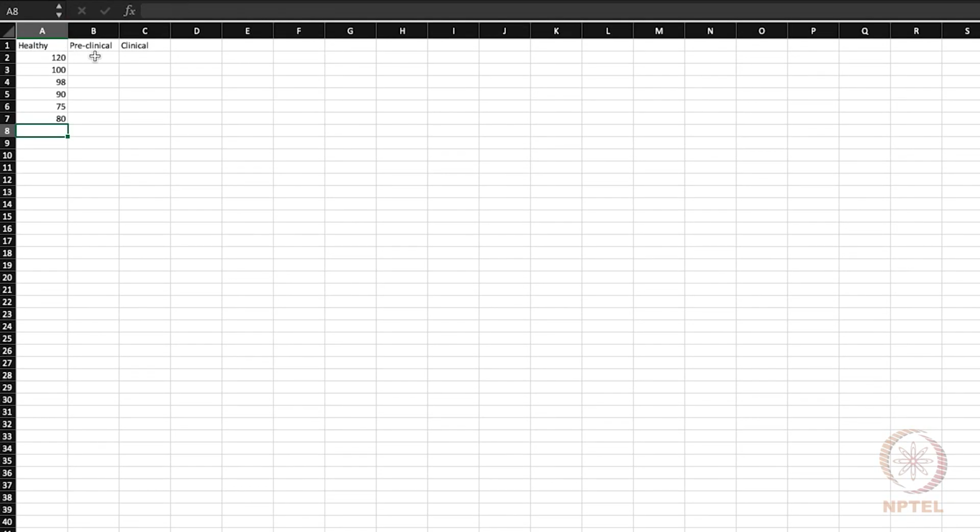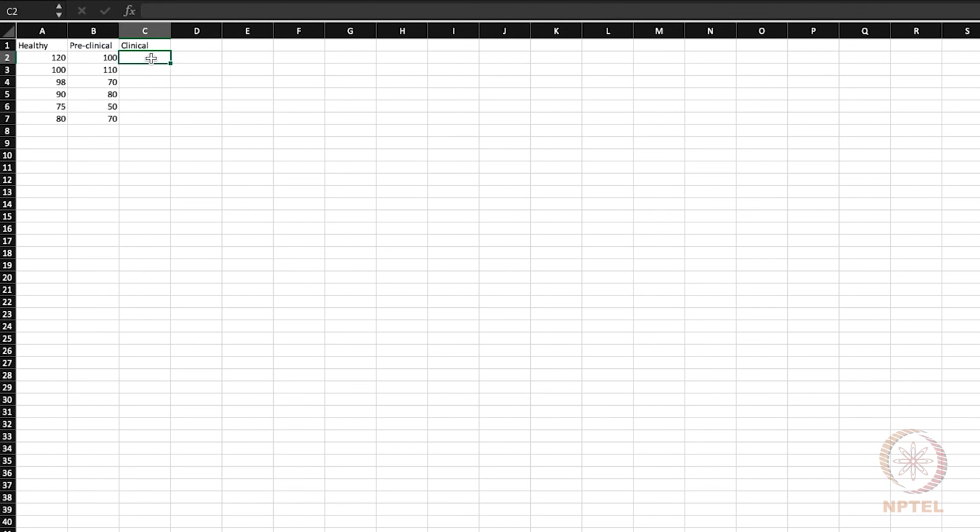Similarly, for the preclinical sample, these numbers were 100, 110, 70, 80, 50 and again 70.